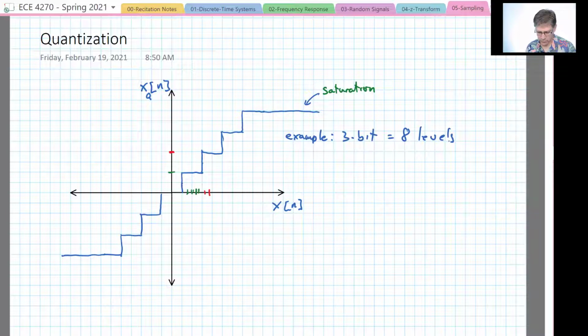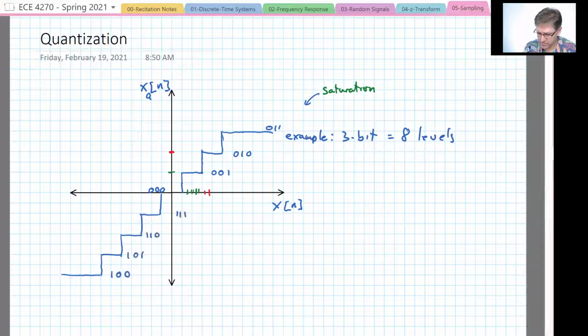And this isn't quite right. If I used signed arithmetic, it would actually be just one more change. This would be 0, 0, 1, 0, 1, 0, and the last one would be 0, 1, 1. Of course, that's 0, 0, 0, and this would be negative, and so we'd do our 2's complement here. And there we go with our various quantization levels. So this is an example of signed 8-bit